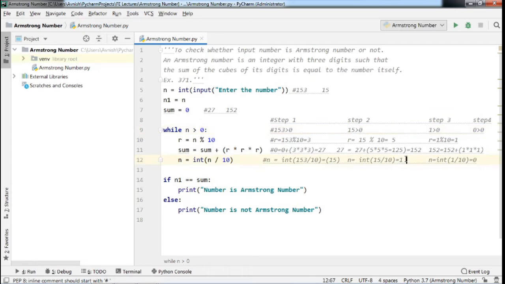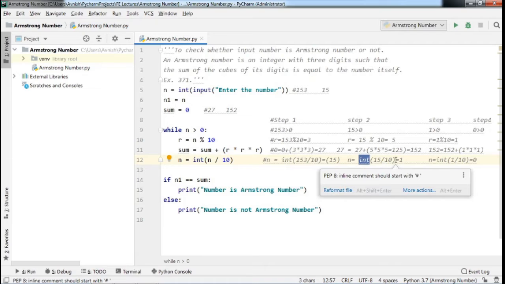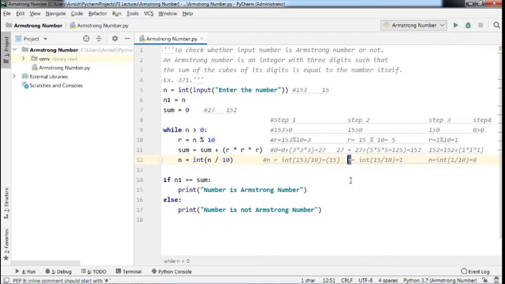Actually the division is 1.5, but due to this integer function it will be converted to a whole number. That means the decimal 0.5 will be neglected here and only 1 will be taken as the variable n. In this way your second iteration of the while loop is over.